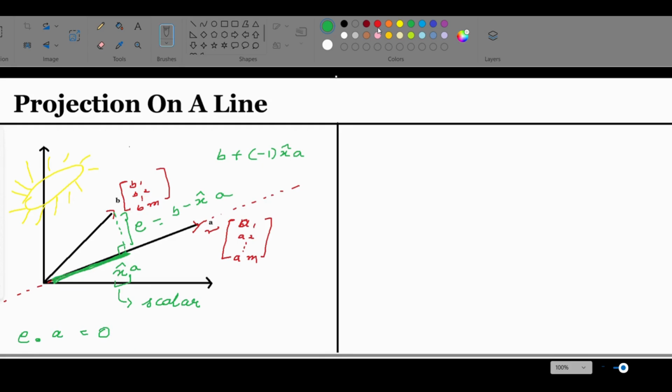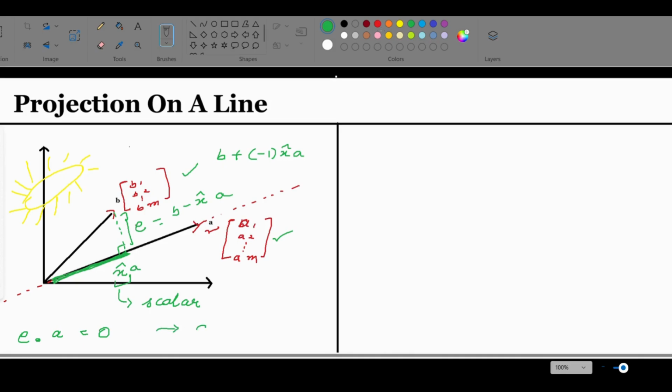Now, dot product is not something I've discussed in this series. However, I am going to put a link to a video that can help you intuitively understand this concept. Now, a little bit about this vector E. As we said, it's a linear combination of B and A. Therefore, it is also a column vector, because it's a linear combination of two other column vectors. And we had learned that whenever matrices are added, the shape of the result still stays the same.